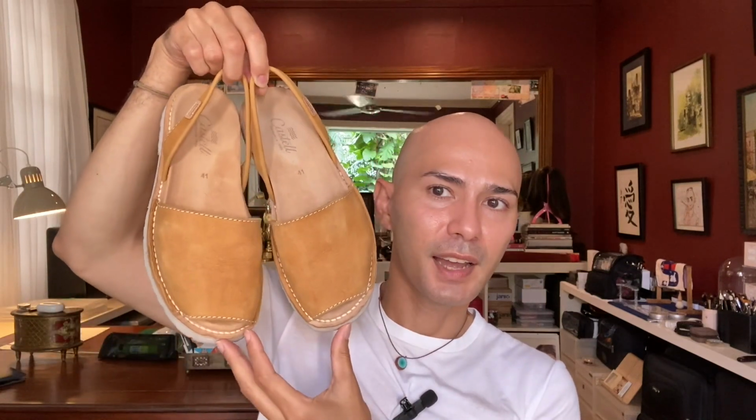it's lighter, because before they would recycle rubber tires for the soles of the Avarca. Don't you just love that, guys? It's so cute. I wear them all the time. It's my go-to shoes, and I think the brand Castell actually did